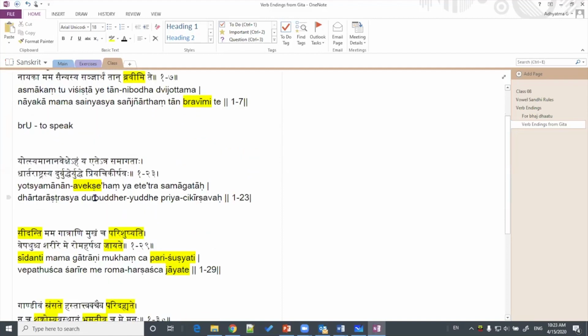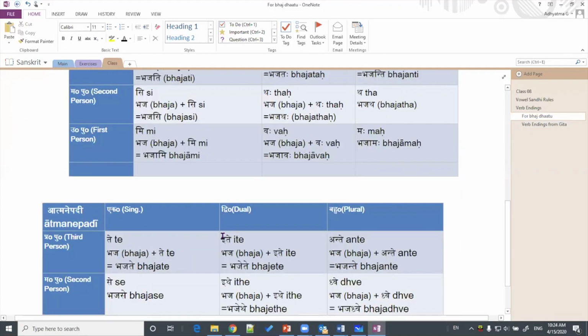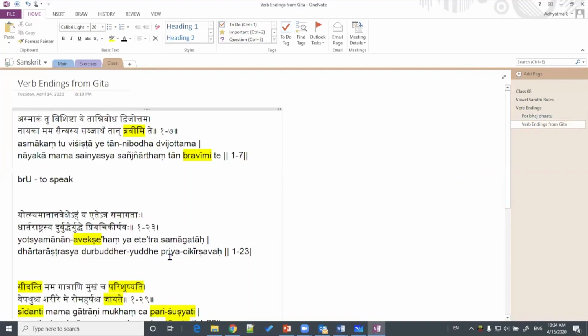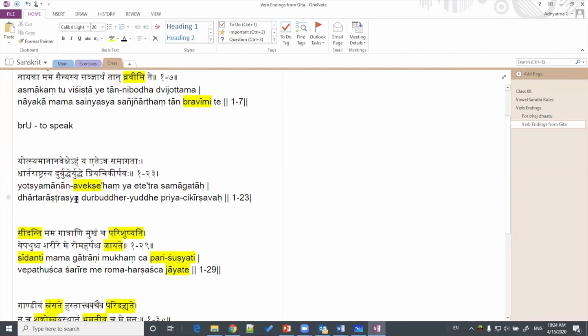Now this one you see, avasthātum na cha, from the root sthā. How do I know? Again, as I said many times, you will know by practice, because this kind of ending you will find in many other places. How do you know that this is a verb form? It is a matter of practice. More practice, more exposure to scriptures, you will know better. So pashyāmi means I see.